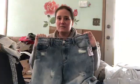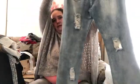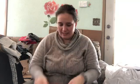Pole size medium. I skipped a couple pairs of Pole jeans because they don't sell very well for me since they just put them as like small, medium, large, and they don't put an actual jean size on them, which makes them a tough sell. So they were asking $22 for these. That's probably what I'll put them up. I got them because of the destroyed look, front and back, and I just thought they were cool. But they had other pairs of Pole that I did skip on because I don't like their sizing for jeans. I wouldn't buy them, I don't think, if it just said